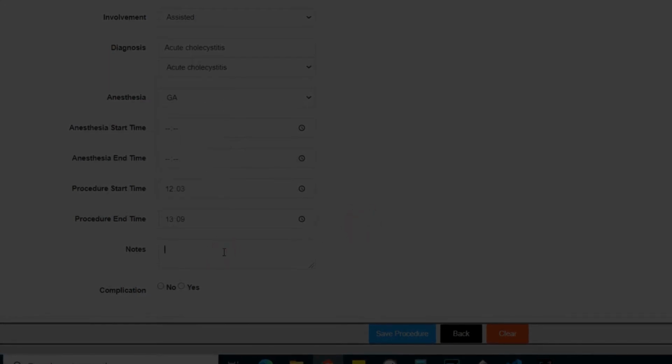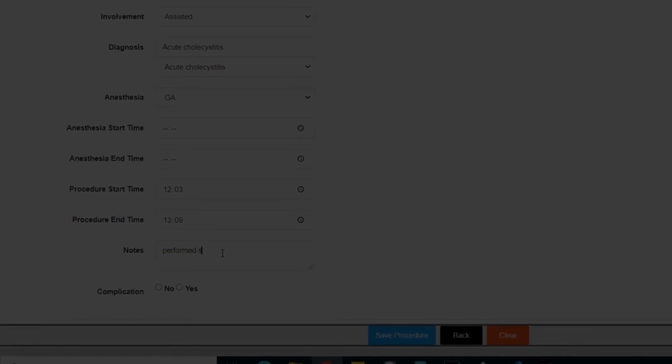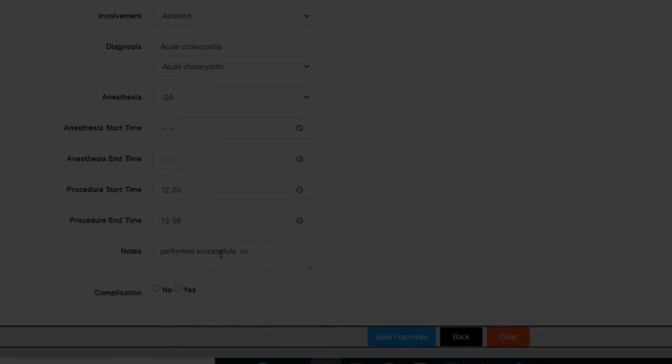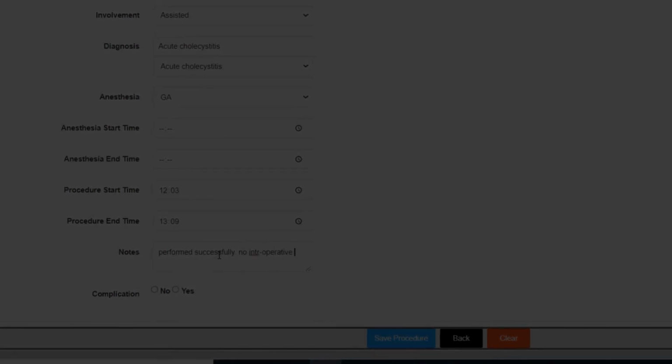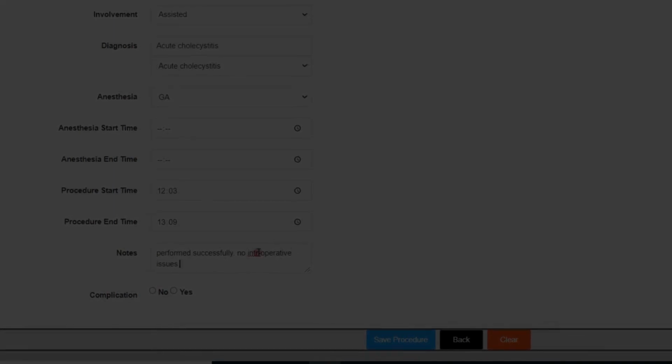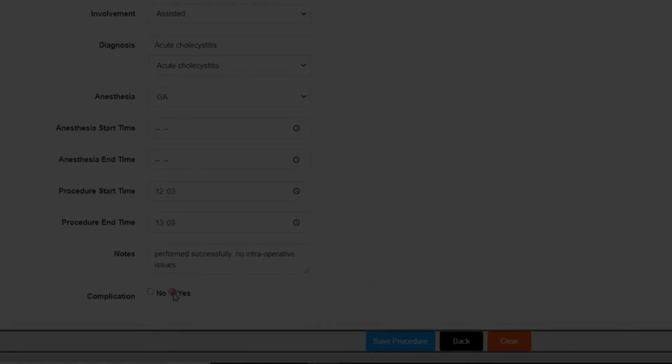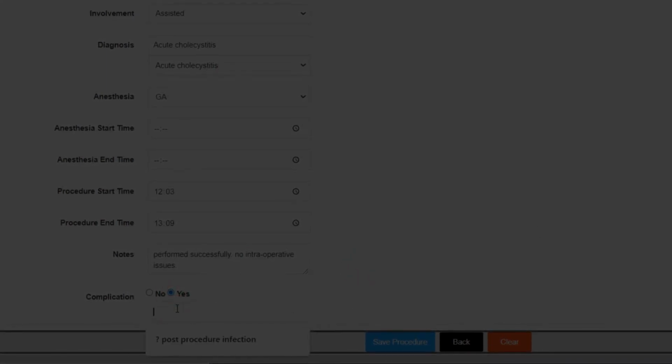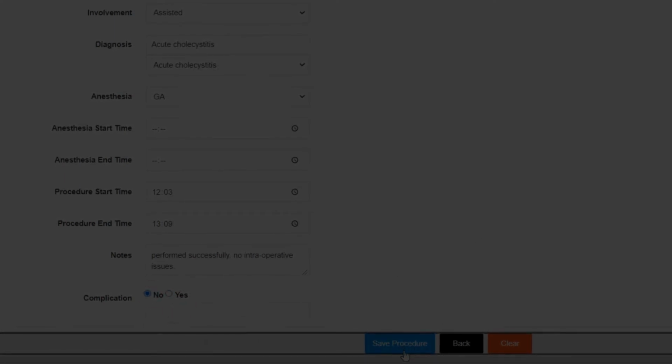If there are any notes related to the procedure, you can enter them in the text box given below. If there are any complications related to the procedure, you can make a note of that as well in the box below and then click on Save Procedure.